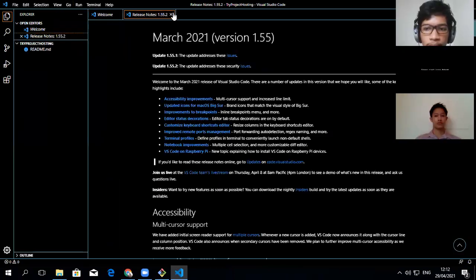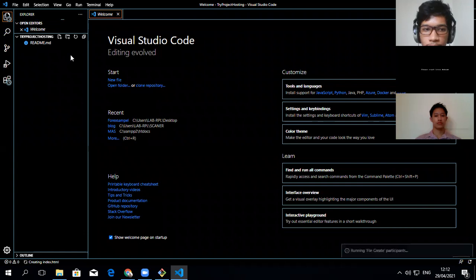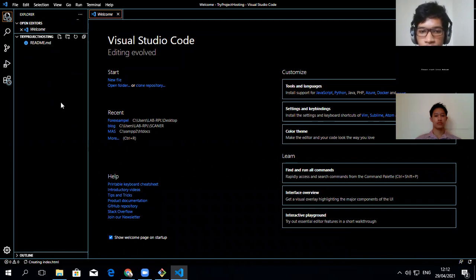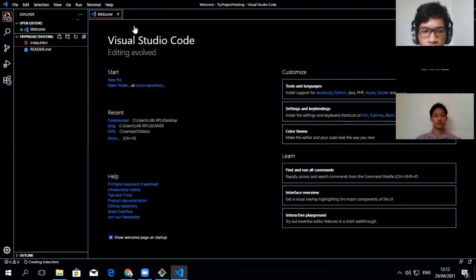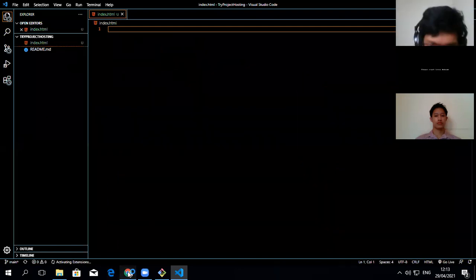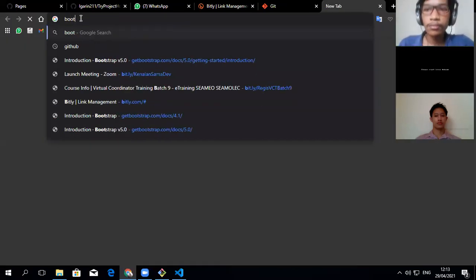After that, we can make a new file, a new HTML file. I just make an HTML file like this and wait for it. Oh, this is so long. And guys, this is the HTML file. Here we make what we will host.